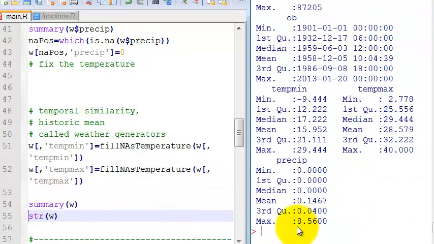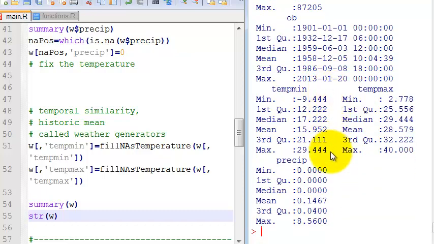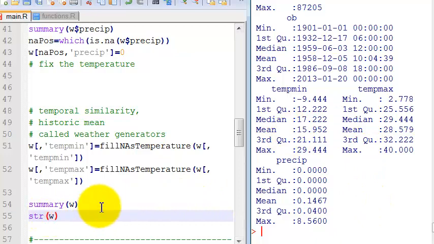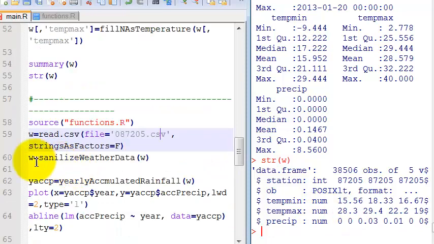Let's take a look at the summary of the weather data now. And now there's no missing data, which is good for our analysis, and the structure is correct, right? Can't be better than that. All of these